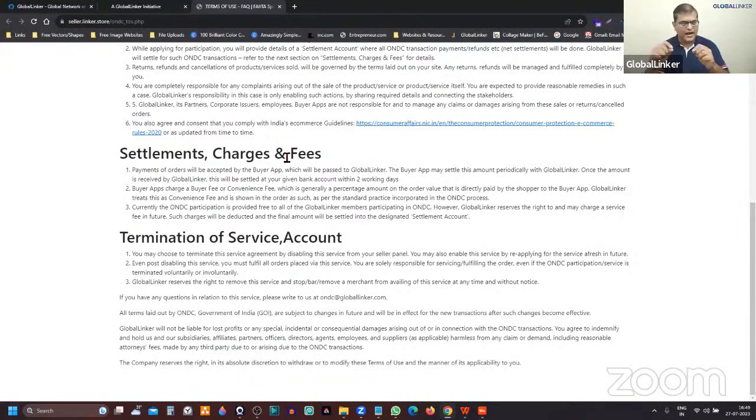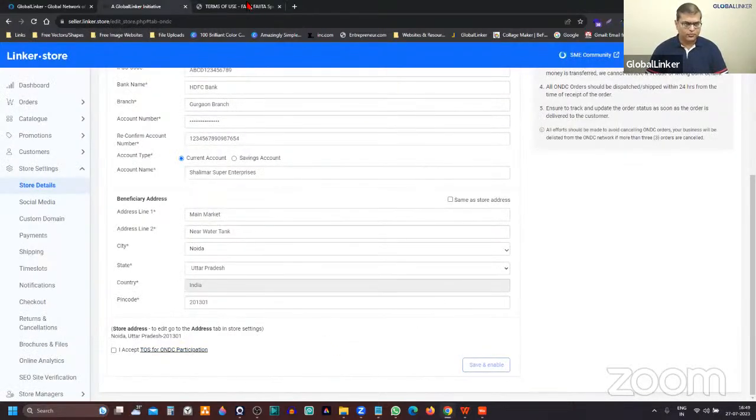The commission that they are charging is added as a separate line item called convenience fee. And that's where the buyer is paying that convenience fee. So as a seller, you essentially don't pay anything for the sale that you're making or doing through the ONDC network. All right. So that was something I thought of clarifying because I recall one of the members wanted to understand that. All right. So review the terms.